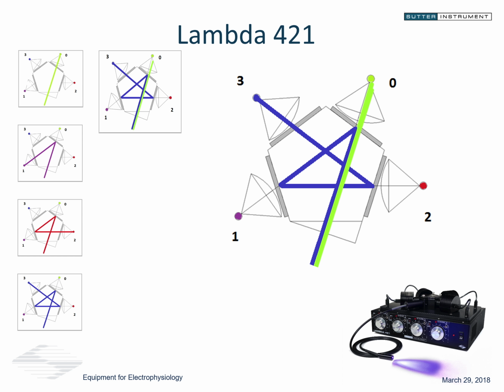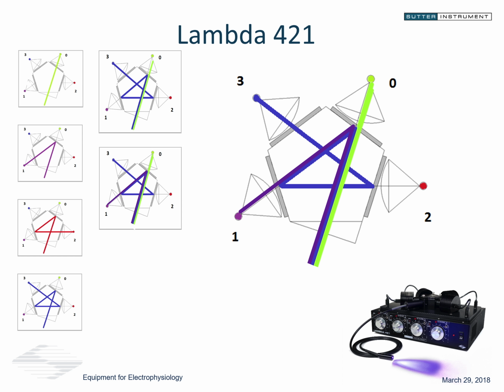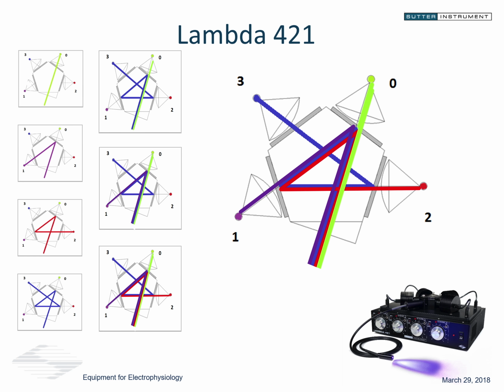Now that means you could also have any 2 LEDs on at one time. You could have any 3 LEDs on at one time. And of course you could have all 4 LEDs on at one time. What's also interesting about it being reflection based is that you could actually swap, say for example, LED 2 and LED 3. You could swap their positions, the LED itself and its filter, and it would still perform the same.